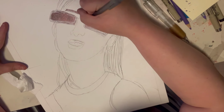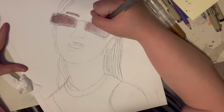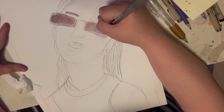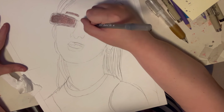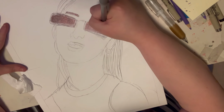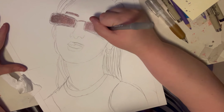The reason I'm saying that is because you want to have an accurate sketch. And the reason I keep talking about it is that even if the sketch might not be accurate to the T, there are always ways to fix it. When I started sketching, I sketched this off camera, so I'm a little hesitant in talking about how accurate it is, but I wanted to verify real quick. We'll get on to day 10 right now, but I just want to say, when you get your accurate sketch,